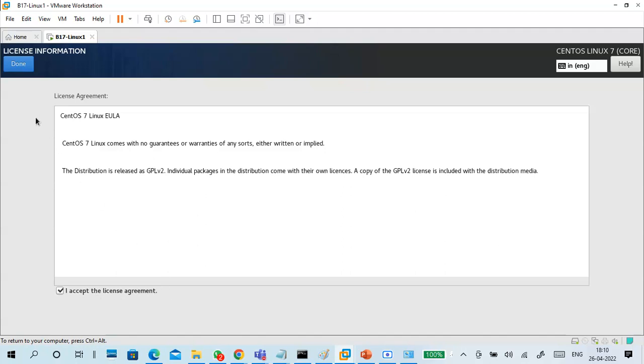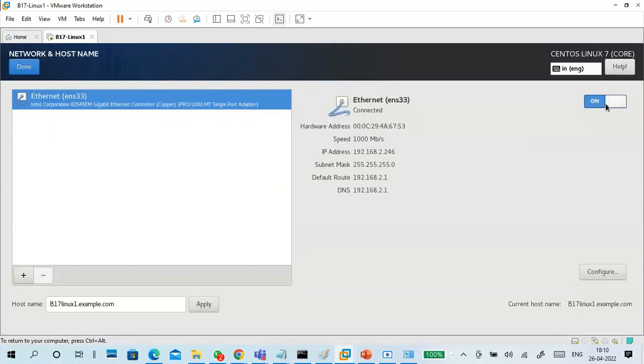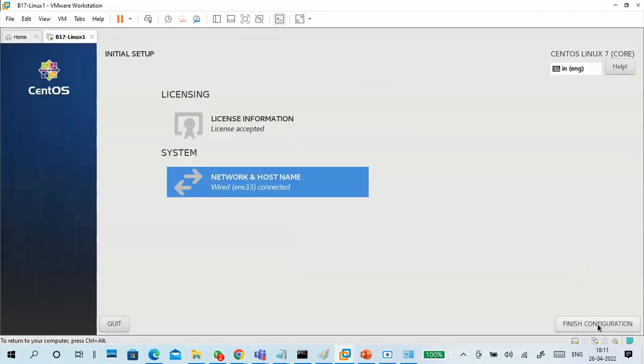Done. You can turn on the network, check the IP address, configure the hostname. I already gave the hostname, and it is already connected, so I don't want to touch it. Just done. Finish configuration.